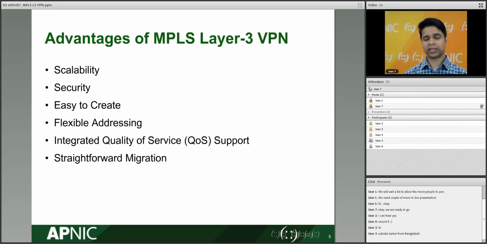So the advantage we are getting from the MPLS layer 3 VPNs is scalability. What I mean by scalability is, if I give you the same example for overlay VPN, what ISPs are doing is, if my customer has 10 sites and wants me to do a full mesh layer 3 VPN, I need to connect all those 10 sites in full mesh. So maybe n times n minus 1 divided by 2, right? So how many meshes do you have? And the problem is,